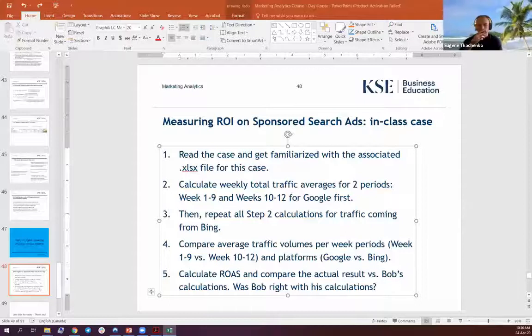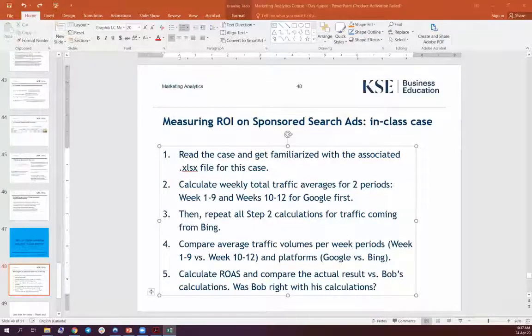Because what we are seeing is that during the first 9 weeks, the organic traffic was in fact lower than after the presumable allocation of the sponsored results to organic results for weeks 10 till 12. Make sense? Yeah, there's pretty good looking evidence for some cannibalism of organic. Exactly, by paid.